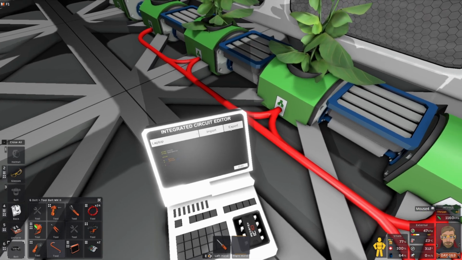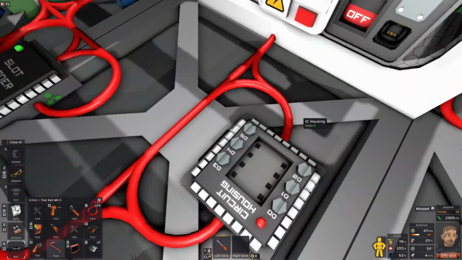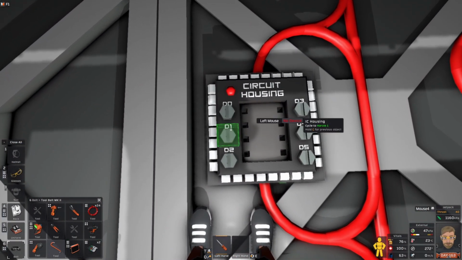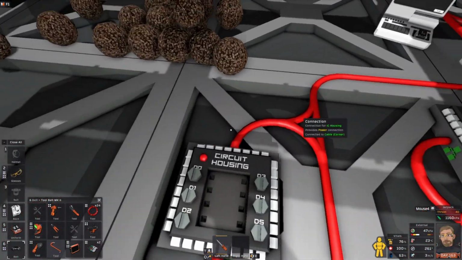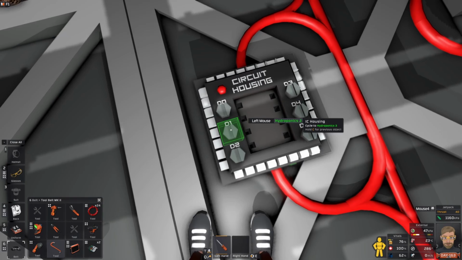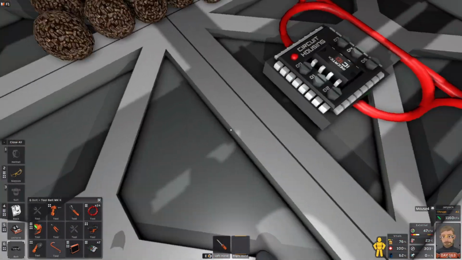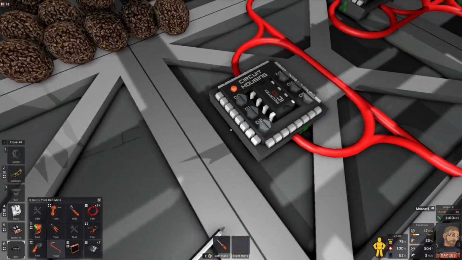So what we can do in the meantime is, I need the Harvey to be D0, hydroponics to be D1. Harvey is D0, and hydroponics is D1. But what I'm going to do, just for testing, is set the hydroponics to be hydroponics 3. So what that should do is, if I take this chip out, turn this on, push button,